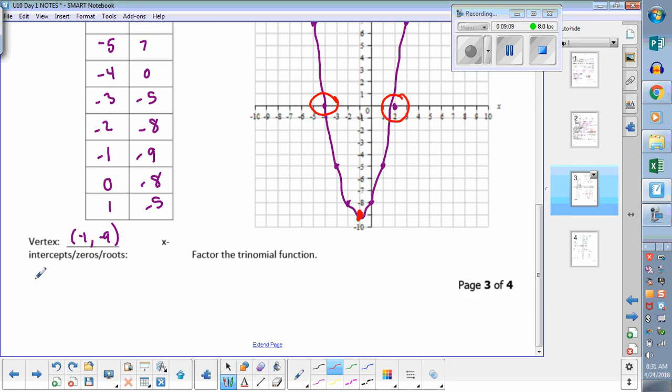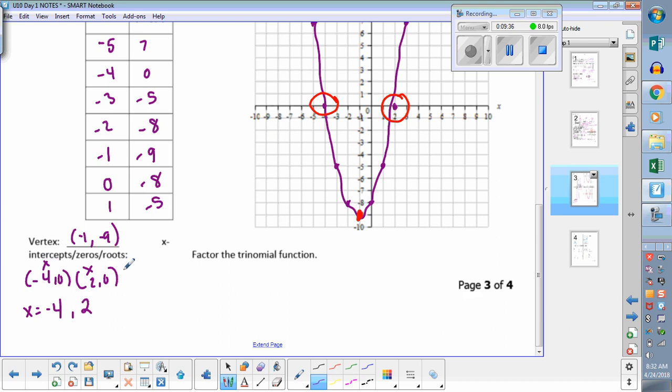So the ordered pair for this one is -4 and 0, and the second one is 2 and 0, but they just want the x values of both of these. When they're asking for the roots and the zeros, they just want the x values. So your x equals -4